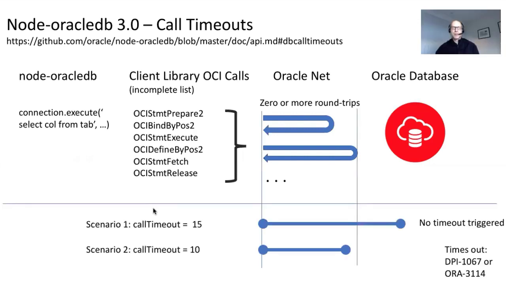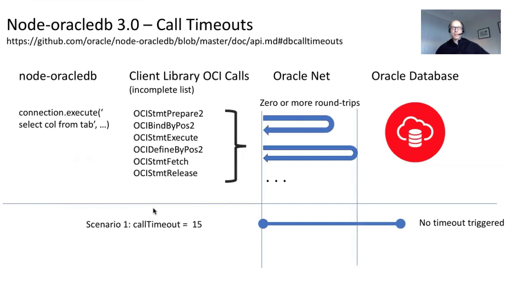So with the, whoops, back one, too many. We have this new call timeout attribute in milliseconds. This is available when you're using 18.3 Oracle Client Libraries. So it's a new Oracle database feature, which we've now implemented in node-oracledb. And let's just pretend that this is set to 15, which is the length of this line. Therefore, these lines are, whatever they are, 6 and 8 or something like that, 6 and 10, something like that. Even though there are 2 round trips here, so this may be 6 plus 8,